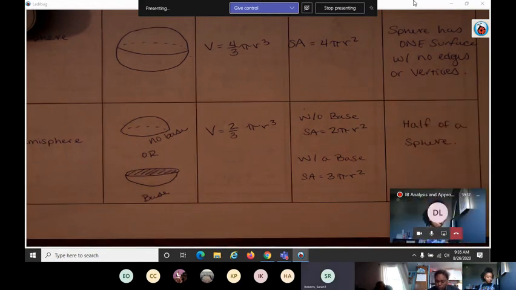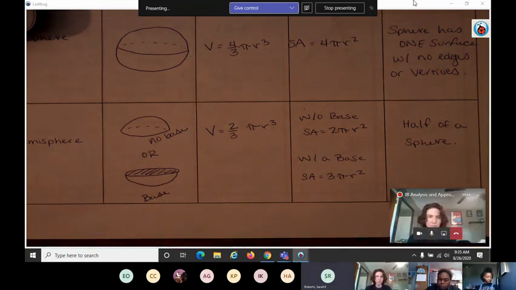Okay. What questions do you guys have? Those are the notes. I have one little question about the no base. Yeah. So if you cut a circle in half, it would create 2 hemispheres with bases, right? Or a sphere, I mean. Not necessarily. It depends on whether or not it's a solid sphere or not. So the no base is like hollow on the inside? Yeah, like if you were to peel out an avocado and cut it in half? Yeah. The way it's just the skin? Yeah. Okay. And